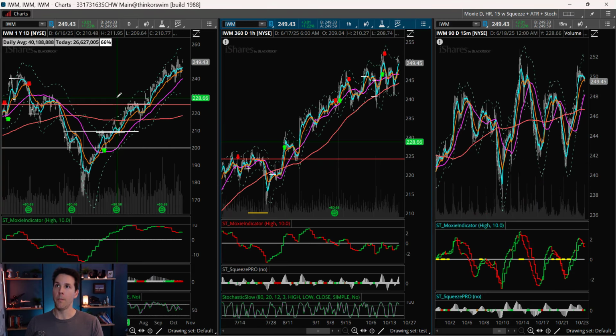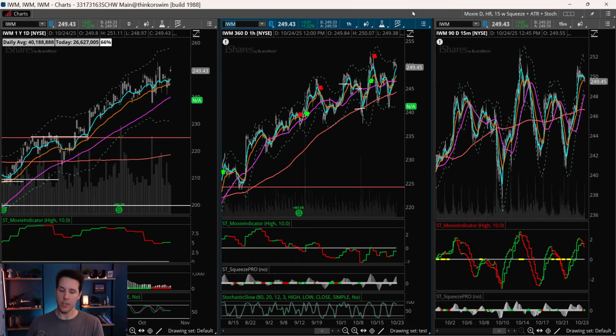The IWM was a little challenging. You can see it has been just very, very messy in through here. That's okay. But if you look at the daily chart, really not too much to complain about. All that choppiness has really just been sideways. And you can see that the 8 stayed over the 21 the entire time and basically flagged into the daily 50. So again, there's really not too much to worry about.